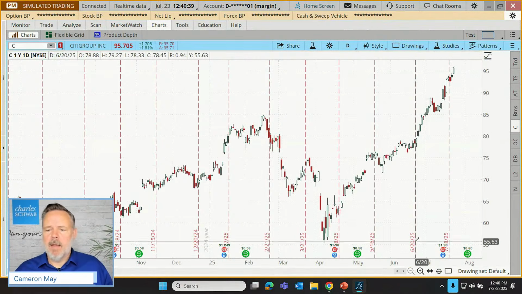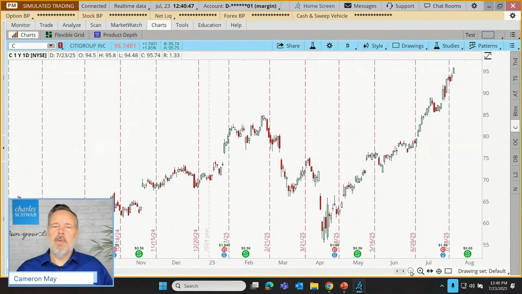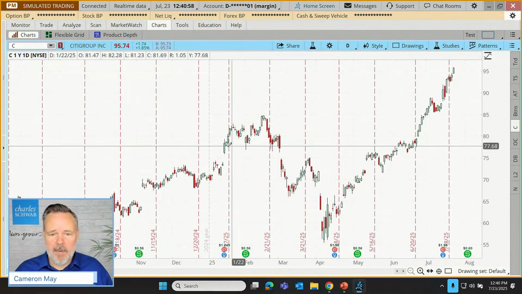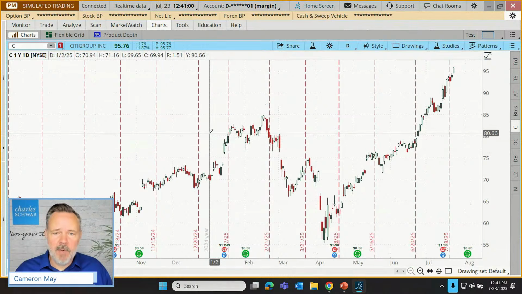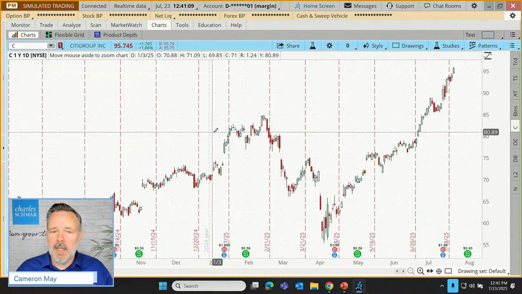Okay, but let's talk about this zoom. I can zoom in by clicking on the little magnifying glass. I can zoom out. What that does is just it zooms in on the most recent time frame and then zooms back out again. Well, sometimes a trader wants to get a closer look at a historical time frame. So, for example, maybe I want to see what happened first part of 2025. Here, all you need to do is do a left click, a normal left click, as though we're going to start a drawing, but instead we're going to do a click and drag.